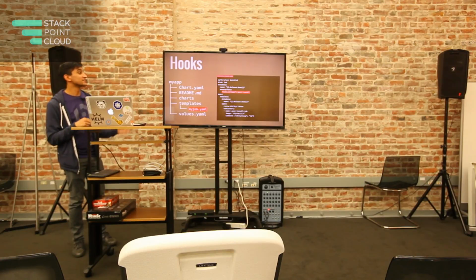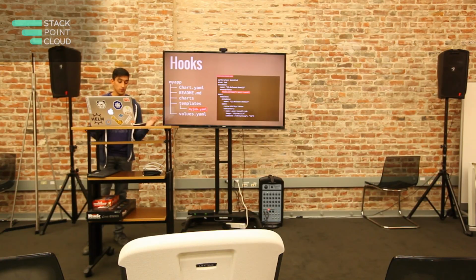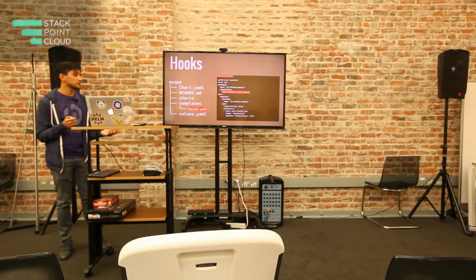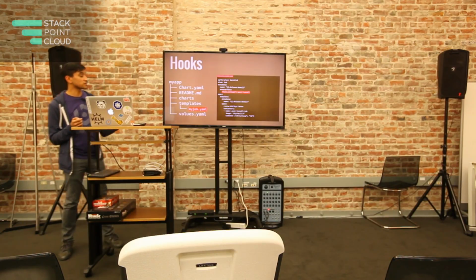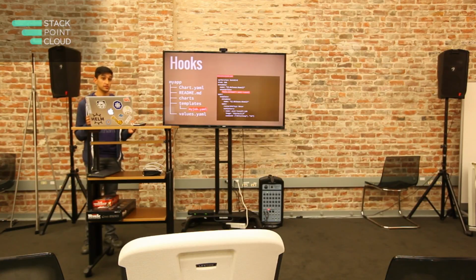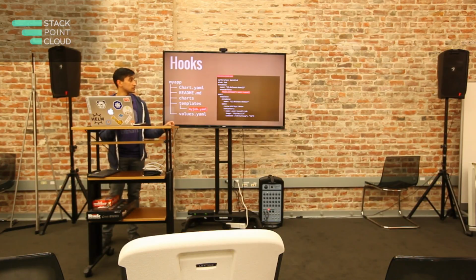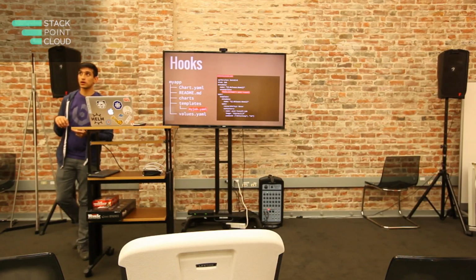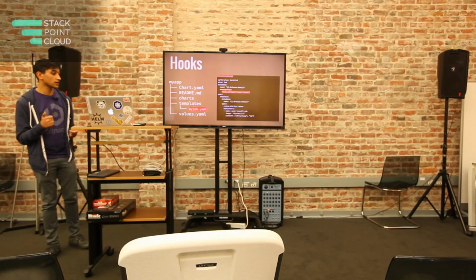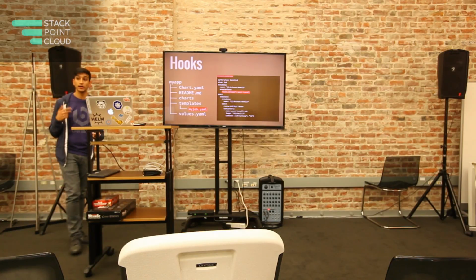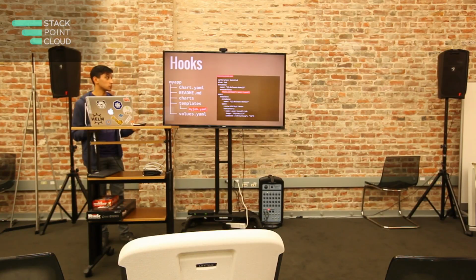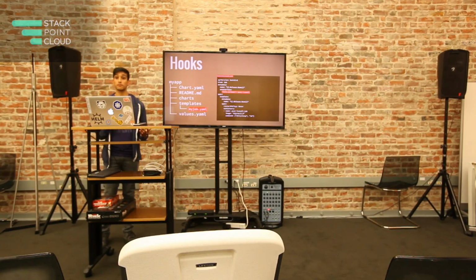So Helm essentially lets you hook into the deployment lifecycle of your application. And you can do this by specifying any Kubernetes resource as a hook. The way you do this is by adding this annotation. And you can have a pre-install or post-install hook for installing, upgrading, rolling back, and deleting resources. And these are normal Kubernetes resources. So you could decide that you want a config map or a secret to be installed before any other release